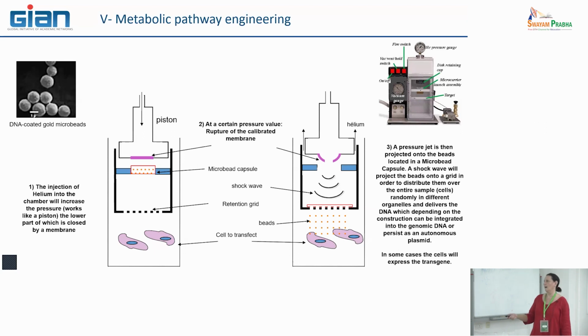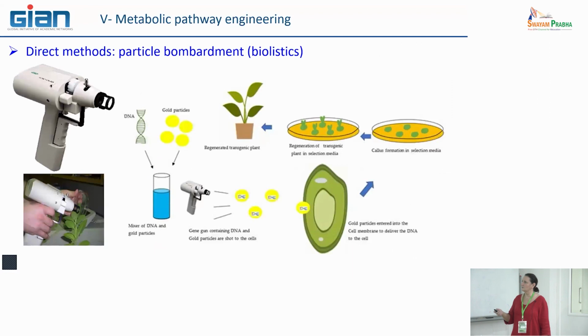And after you have your cells, you put them in an incubator in order to let them recover the ability to divide. And after, you collect the cells that are still alive, and you can start to see if they express the genes and also the proteins that have been linked to the beads at the beginning. So it's a very efficient system.